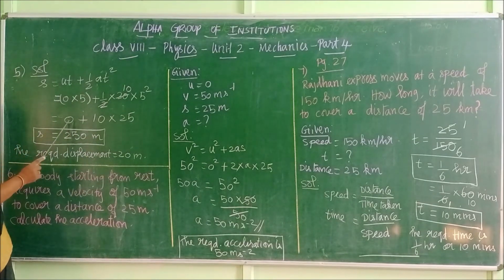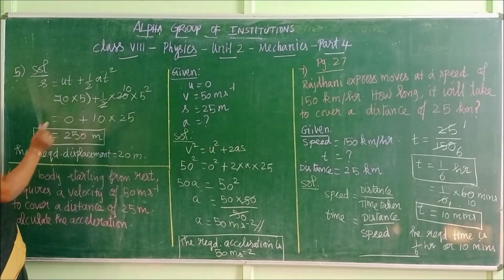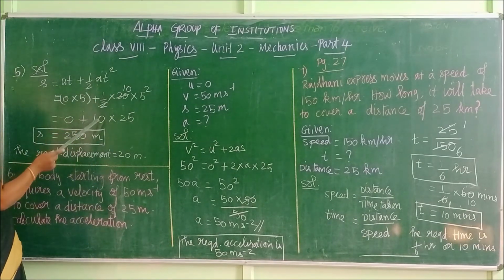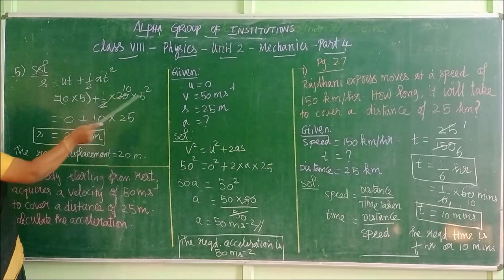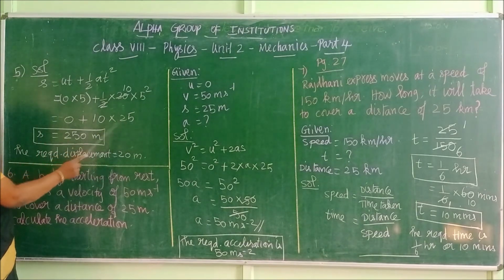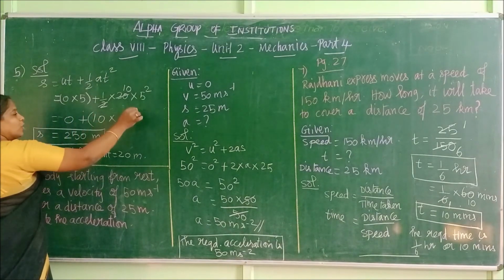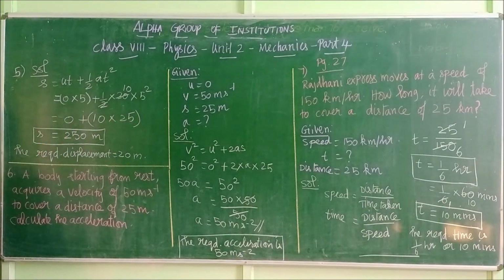Now 0 into 5 is 0. 2 and 20 can be cancelled out: 2 tens are 20, so that's why I have given 10 here. 5 square is 25, 5 5s are 25. Here you should not add and multiply, you should multiply and divide. I told you already, so to avoid that confusion, always keep this in a bracket. So 250 plus 0 is 250. As it is 0 here, you don't have any confusion.